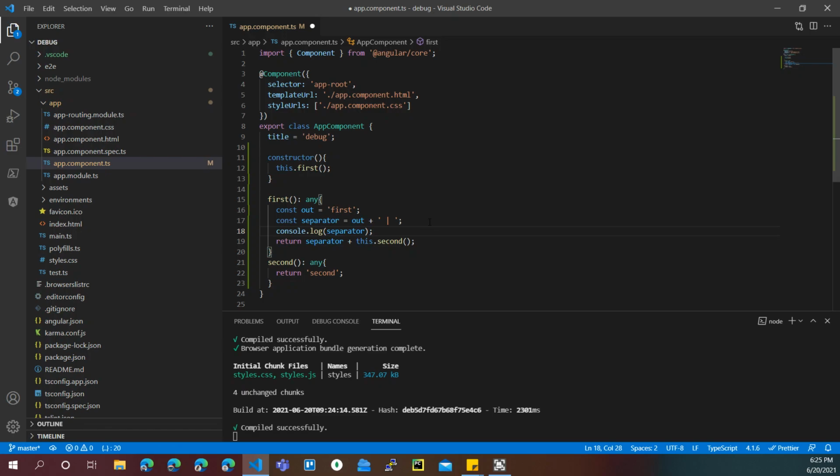The process I am showing is a bit specific for VS Code, but you can easily extrapolate and understand how it works in any editor or your console in the browser as well. So let's start.